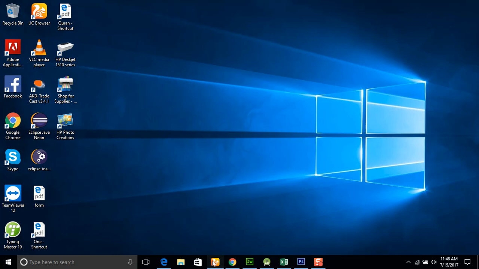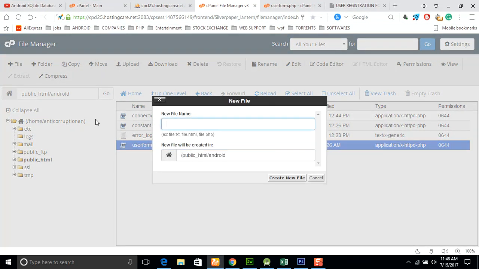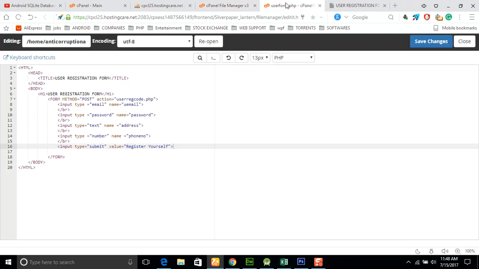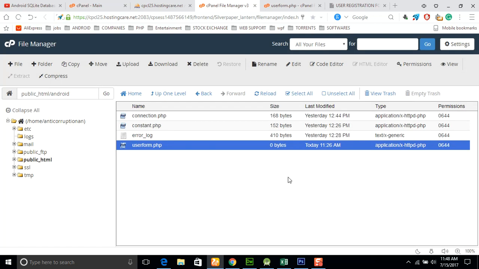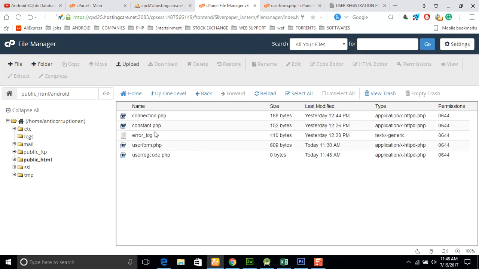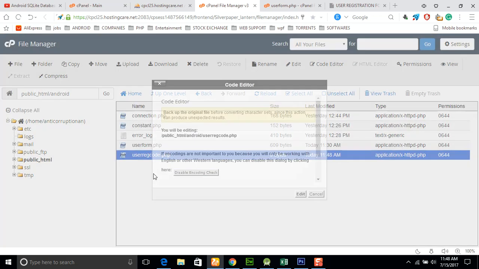So let's start. First of all we will make a new file, and remember that we use the same file name. Create new file, and this code is here. Now you will use a code editor, and first of all we will learn how to take the values from the form and display them. We use PHP,